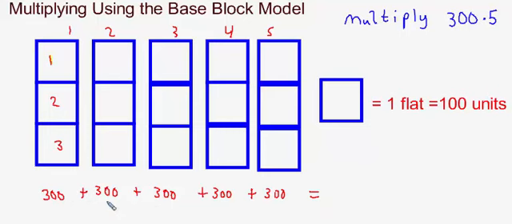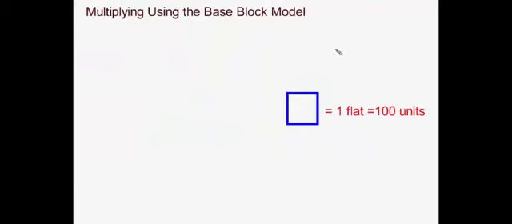If you add 300 5 times, that's the equivalent of making 5 copies of 300. And if you did that, you would get 3, 6, 9, 12, 1,500. So 300 times 5 is equal to 1,500. In a similar way, if I wanted to multiply the number negative 300 times 5, you could think of